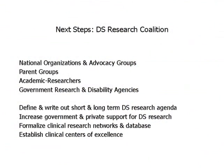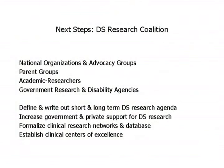So the next steps for what's being planned in the US at least is bringing together a diverse group of people who all have a stake in Down syndrome and trying to create a broadly defined research coalition. These are people from the national organizations, people from parent groups, academic researchers, people from government research and disability agencies. And there are some goals that have been put forth. This research coalition has actually met 2 or 3 times, and there are some subcommittees that are at work behind the scenes